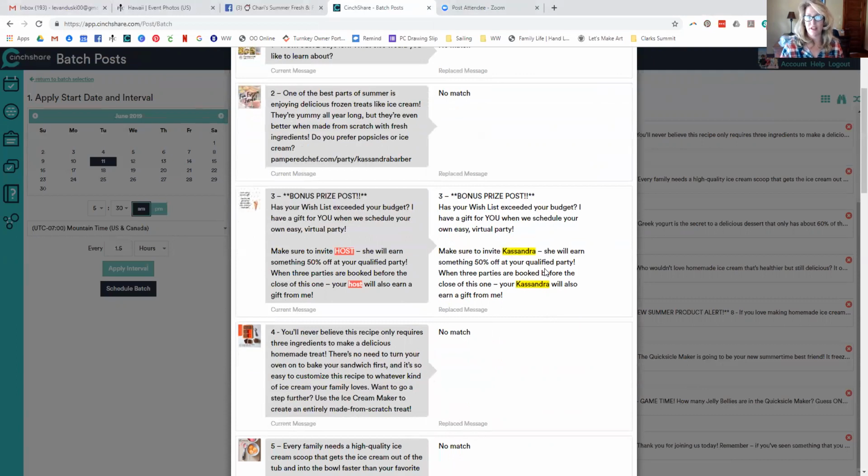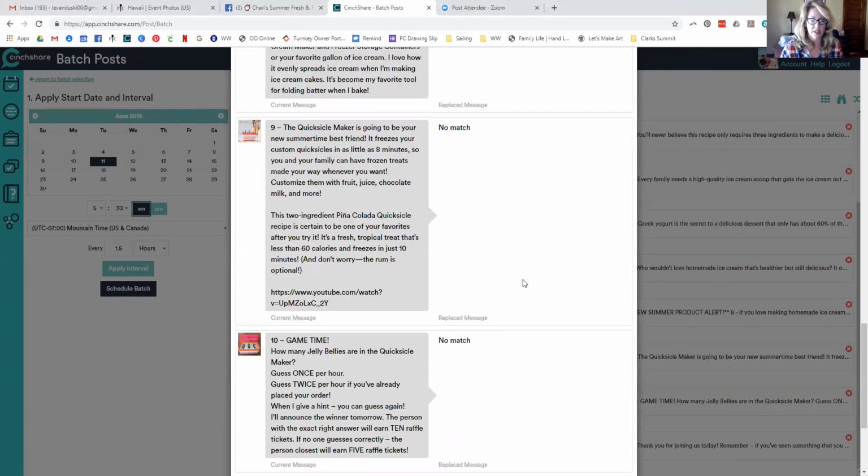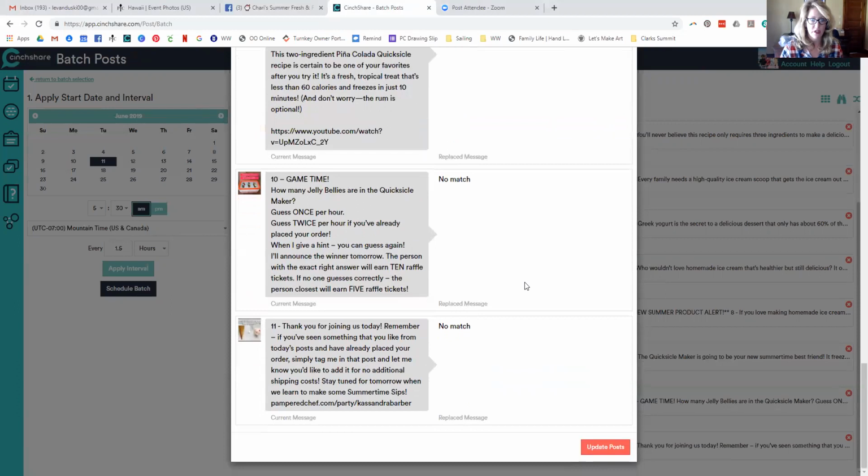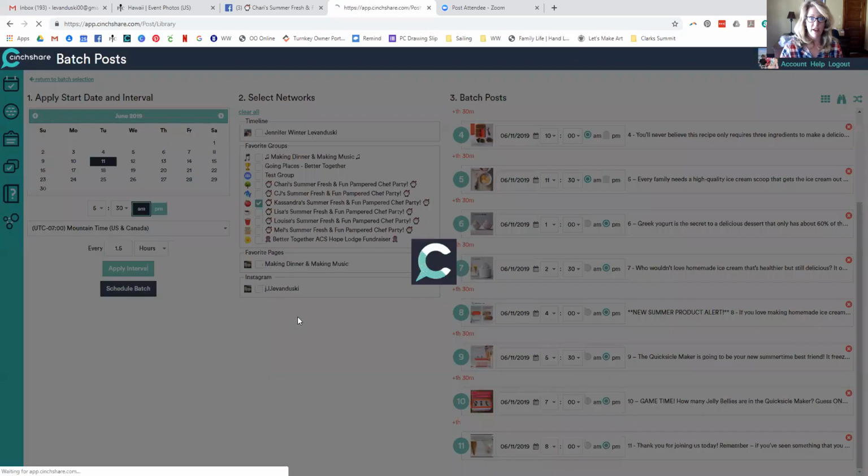That's what I love about this find and replace feature, is that you can incorporate a little bit more personalization. So I will probably go back outside of this video and insert Cassandra's name in a few more posts just to make it a little bit more personal to her. And it makes it so easy with the find and replace, just to add old host name, replace with new host name, and you're good. I'm just scanning these to make sure that I didn't need anything else to be personalized, and we're done. Okay, good deal. Schedule that, done.